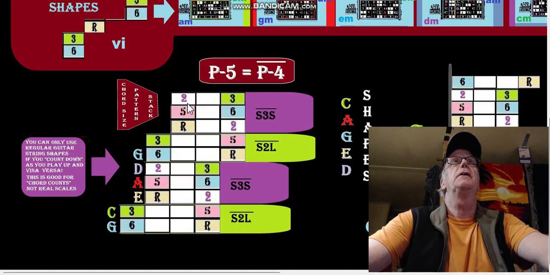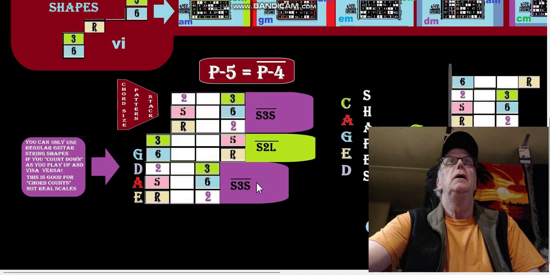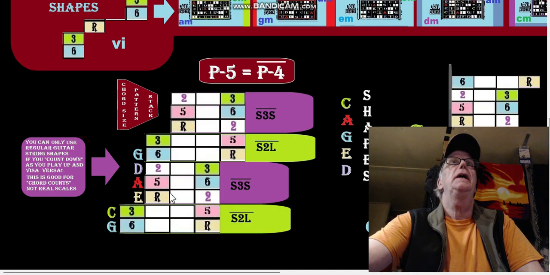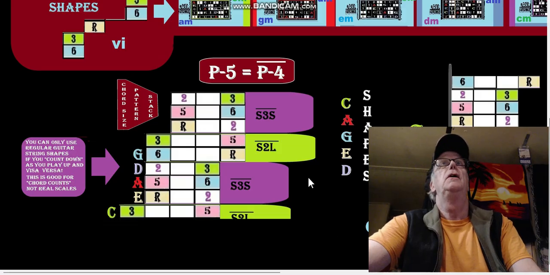But before we get there, this is the basic pattern stack for P5. Okay, so this is it, and if you call any of these the lowest string, so if these guys go away, then we're in E shape. Okay, if we start here as the lowest string, then we're in C shape, and we'd have our bar right